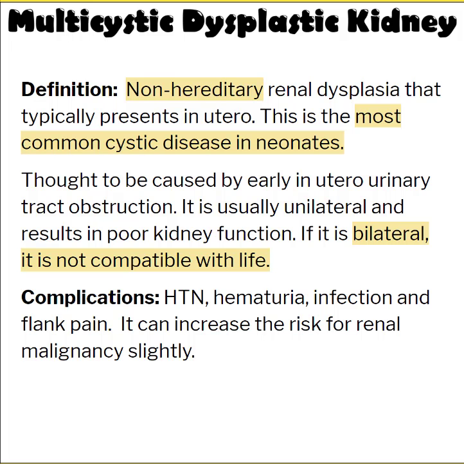Our last member of the polycystic kidney disease then is the multicystic dysplastic kidney. So multicystic dysplastic kidney is not inherited. This is just an idiopathic thing that can happen as a fetus develops. We are usually going to be able to see this in utero, and it is the most common cystic disease in neonates. What they think happens with multicystic dysplastic kidney is that at some point in utero, a urinary tract